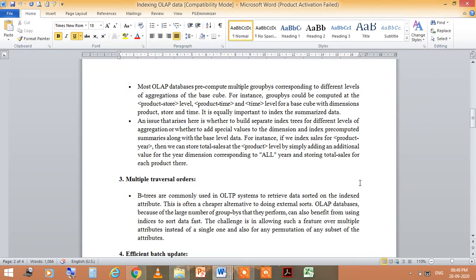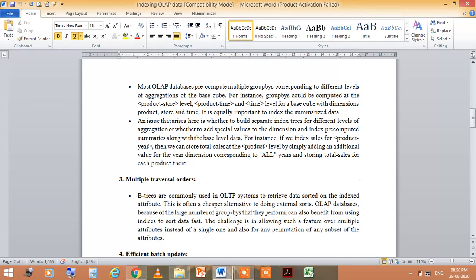Group by could be computed at the product store level, product time level and so on, for a base cube with dimensions product, store and time. It is quickly important to index the summarized data.